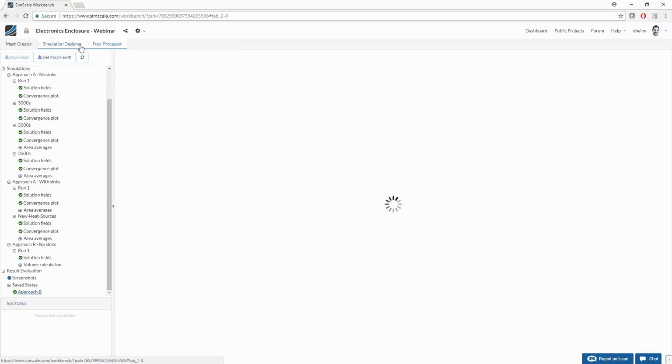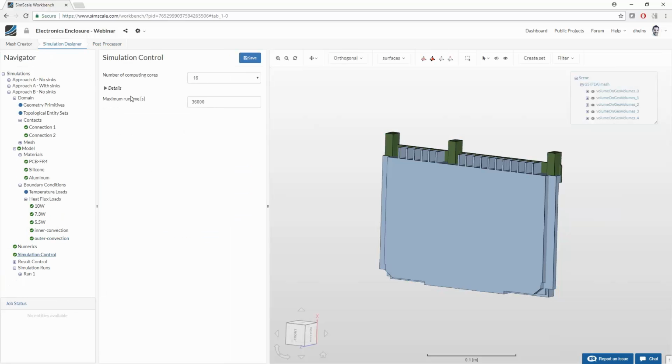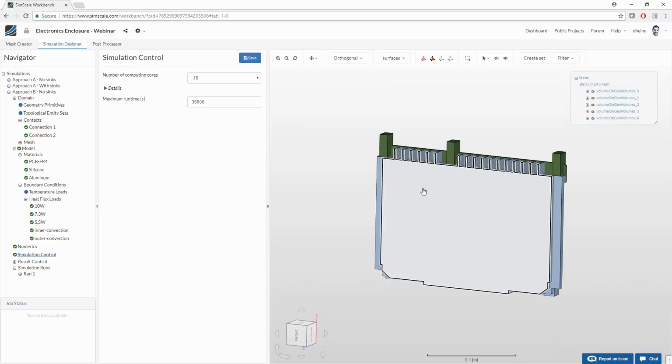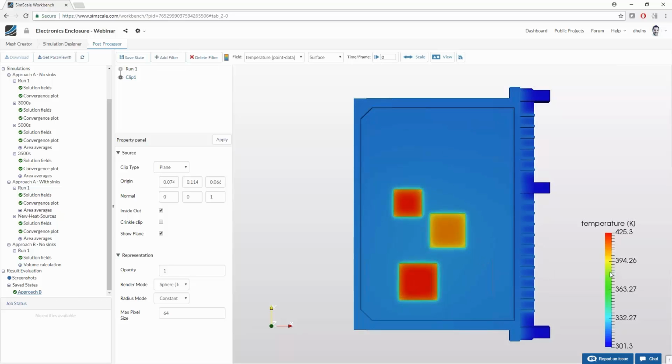result visualization inside the browser. Maybe one thing that I wanted to show is, under simulation control, the beauty of the cloud is that you have as much computing power as you want, right? You can choose between different machine sizes, specifically for flow simulations that are more compute intensive. That comes in very handy, right? Because none of the computing is done on your machine. Everything happens in the cloud. And so this is now a result visualization of the temperature field